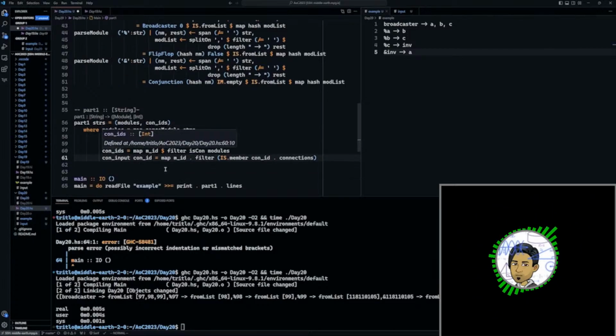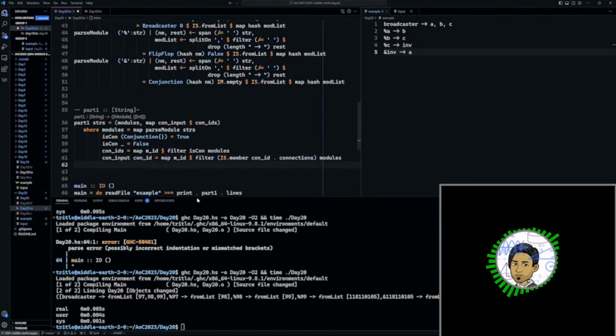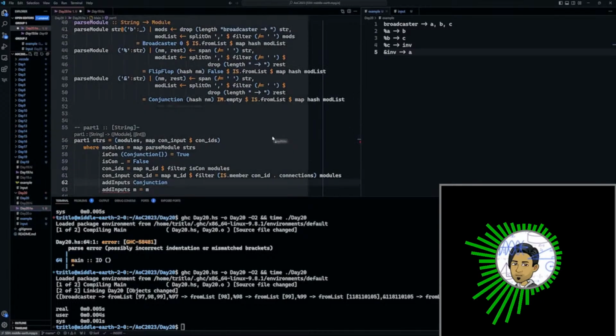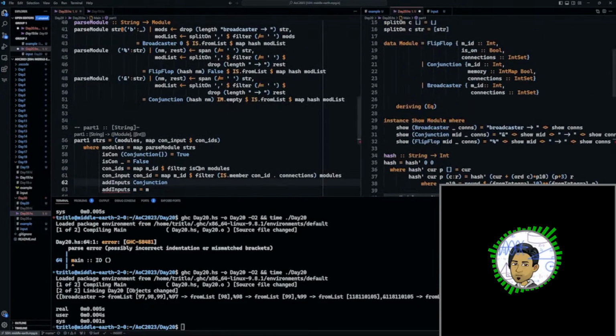Okay, so now I'm going to say map con input. So then I can tell which ones. So now I'm going to say add inputs. And so for any module that's not a conjunction, we just return the thing. Add inputs conjunction. Let me see, I always forget how things are defined. So add inputs conjunction